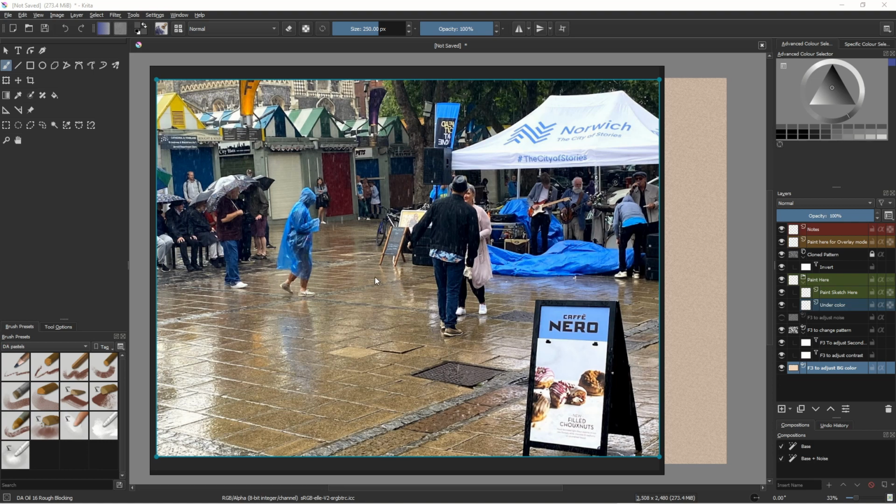But it started to rain, and I thought this would make a really nice painting in pastels as a wet street scene. So I'm going to exaggerate the rain and this white canopy here. I'm going to have streaks down it and stuff. That's my plan. So I'm going to show you how to paint a wet scene with pastels, which is a